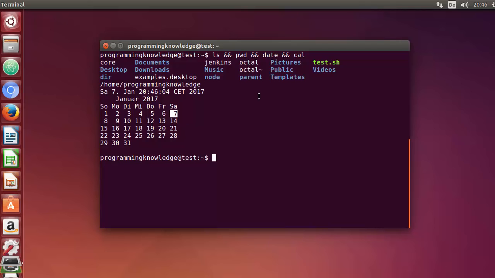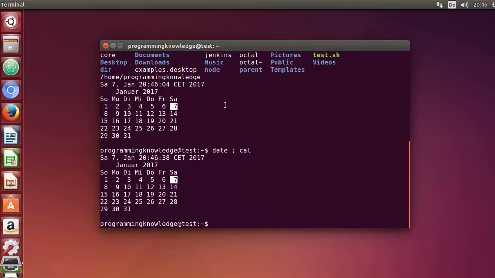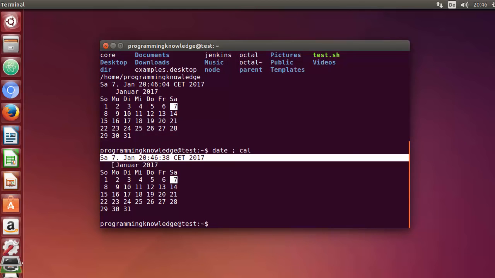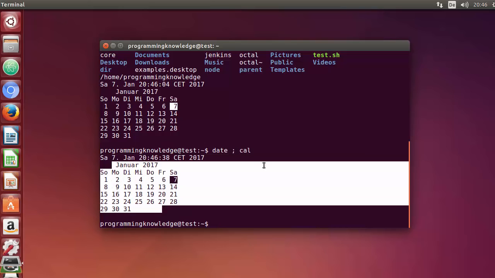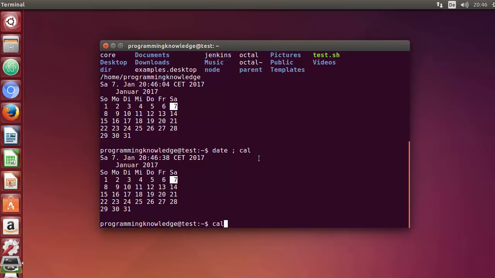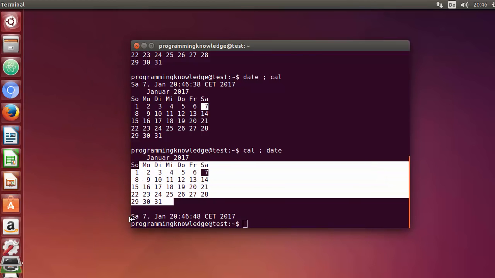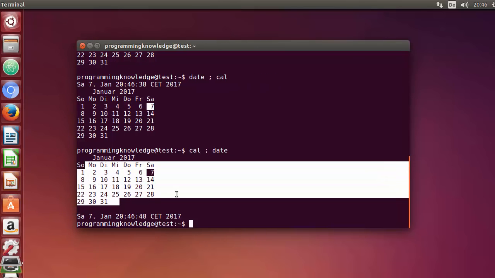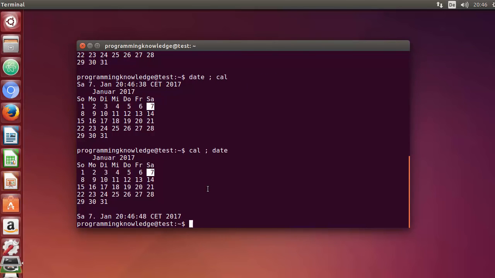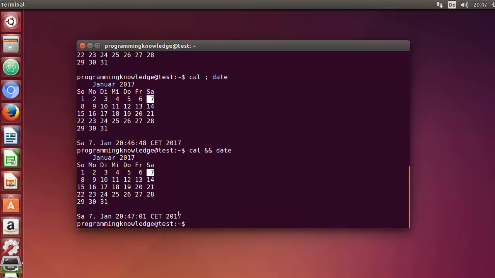So for example, when I use date semicolon cal here, then first date will be executed and then calendar will be executed. So this sequence matters. So for example, when you do cal and then date, then it's going to show the calendar first and then the date, okay? And same is with the ampersand also. So instead of this semicolon, when you use ampersand, it's going to show us the calendar first and then the date,